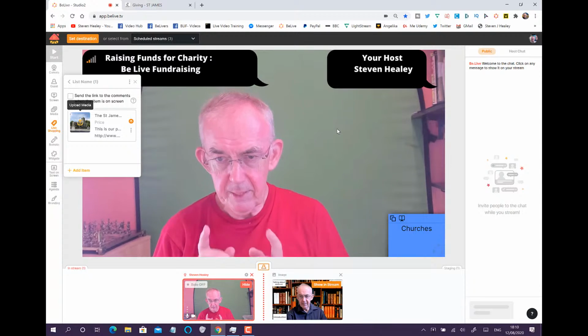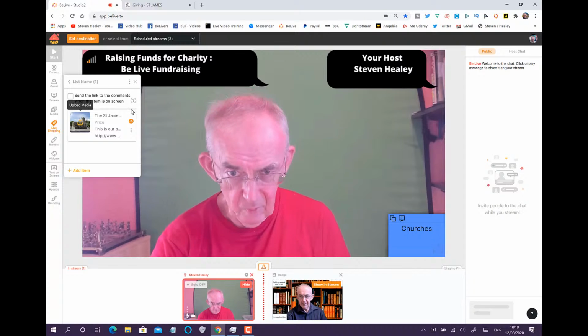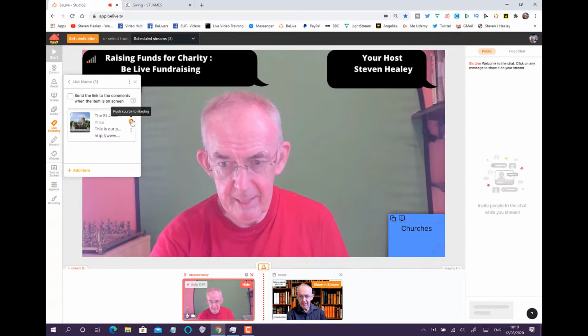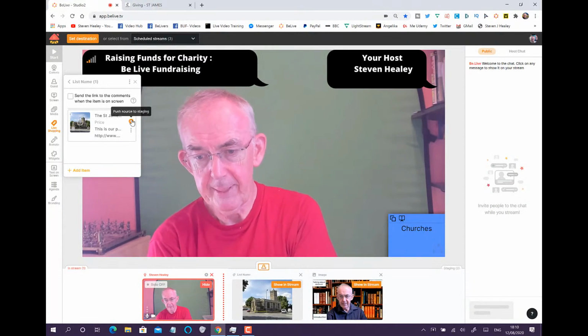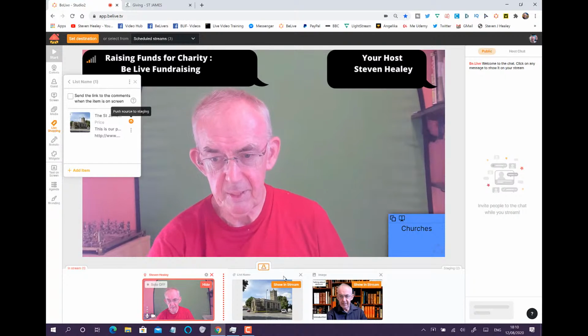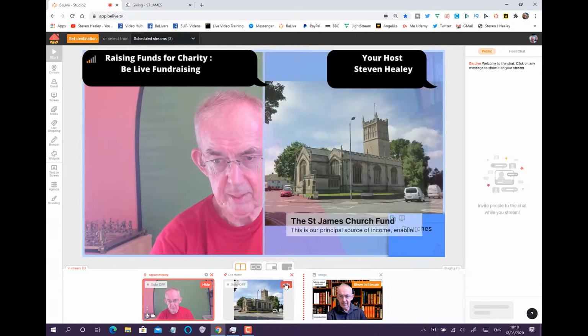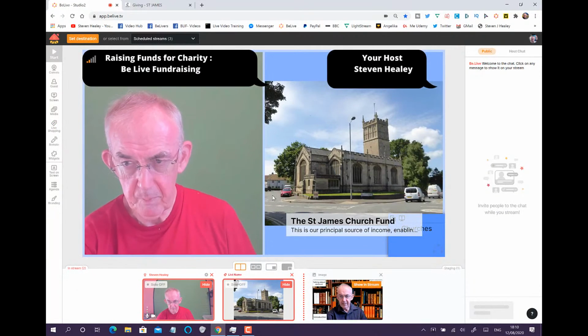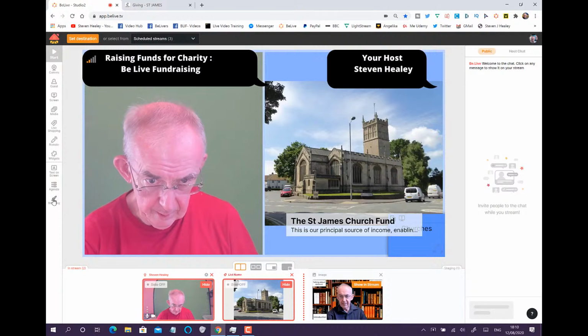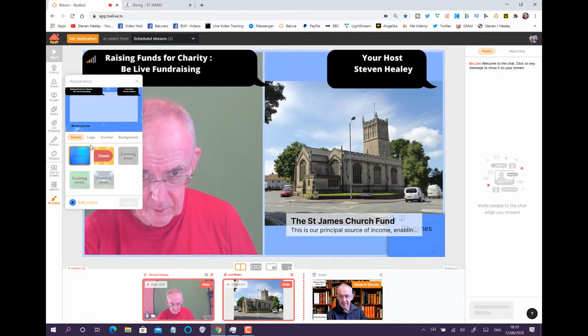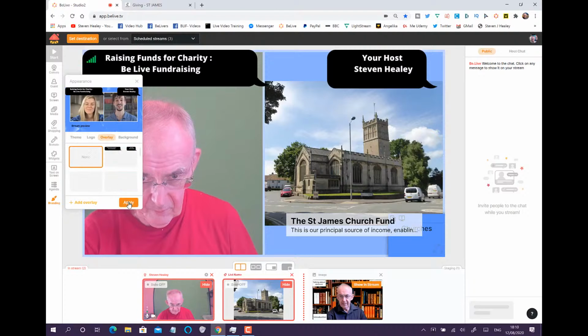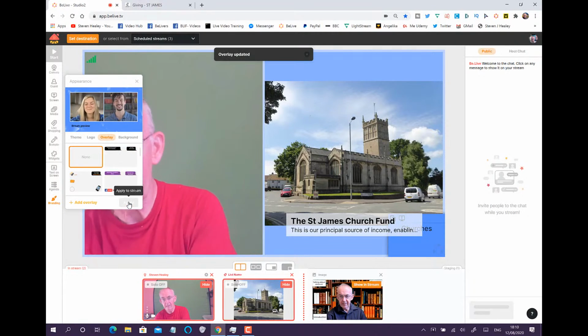That's stage one. And all you need to do then is to click the arrow, and the item appears at the bottom of your screen. And if I now click show in broadcast, it will appear next to me. And let's just take the overlay off for a moment. So I'm going to overlays. I'm going to take it off because it's confusing things. Okay, so